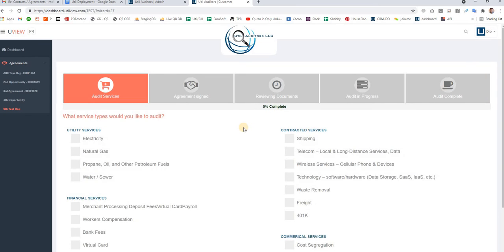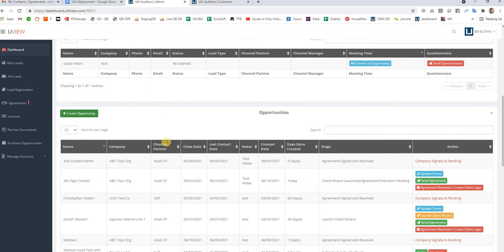So please let me know if this is what you are expecting, or if there is any change you want on the client side or on the admin side, or if you want to do it some other way.